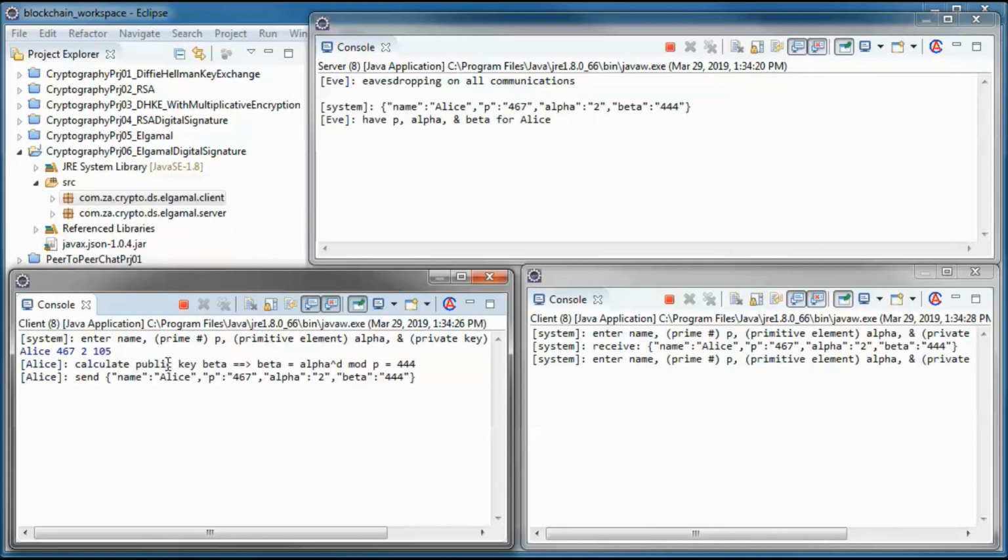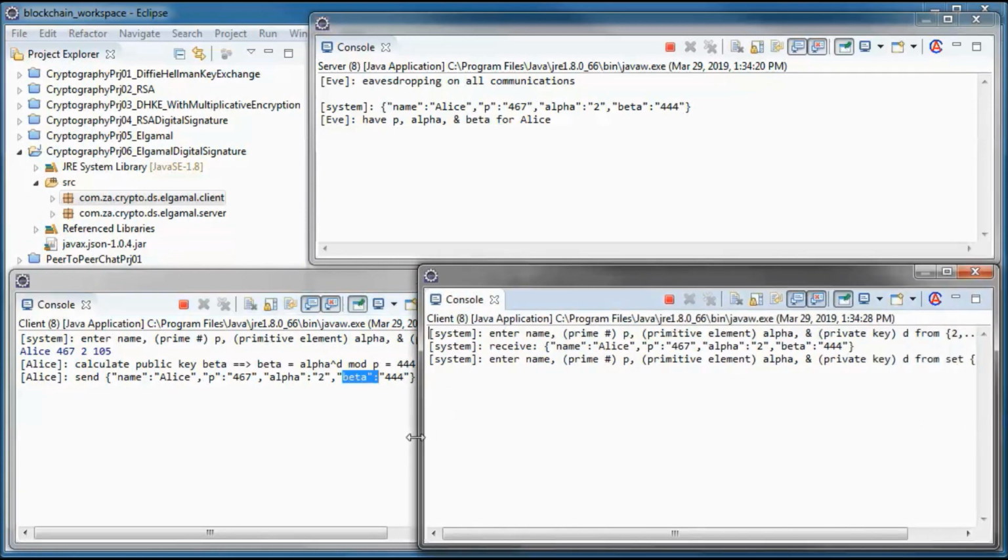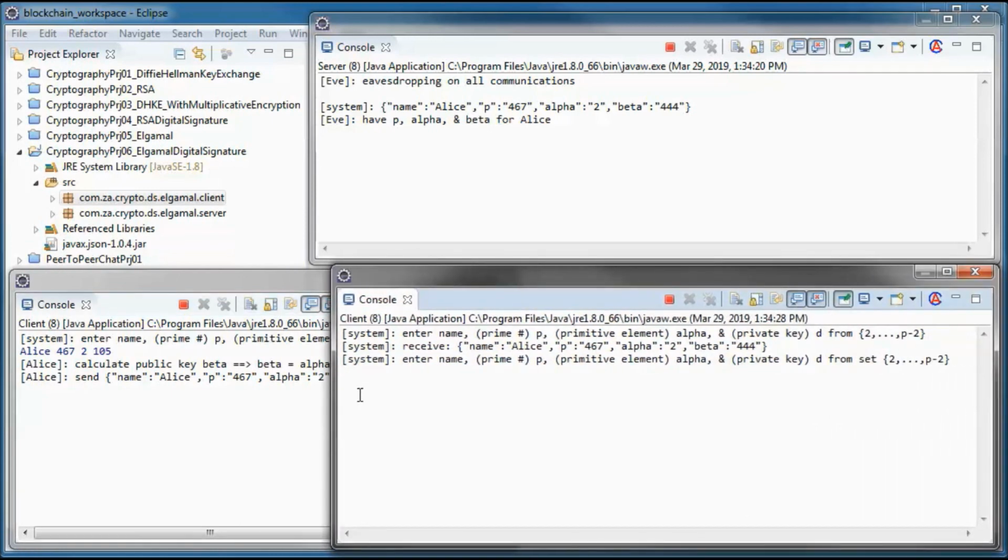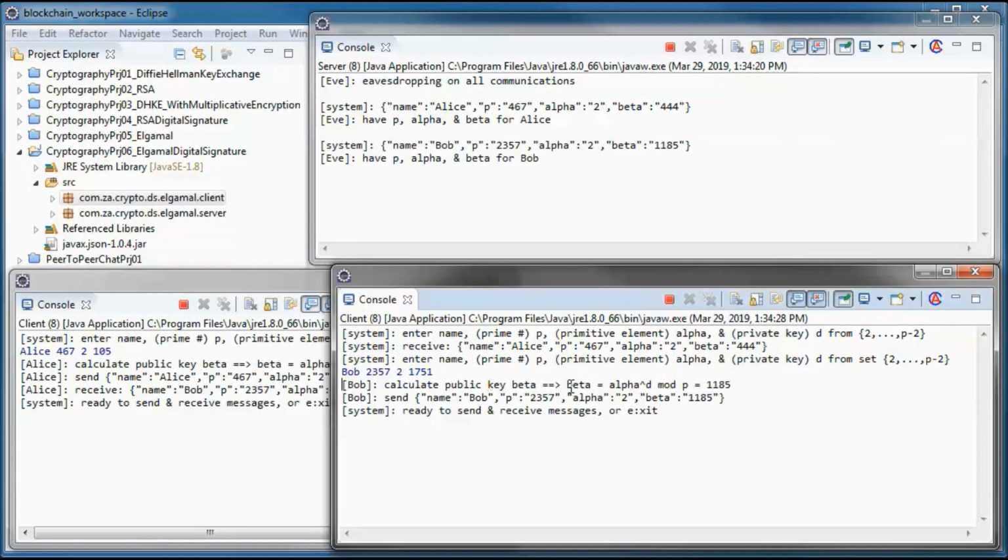And she calculates the public key beta and sends p, alpha, and beta to Bob, and he receives those, and he in turn will use this value for his p, and this one for his primitive element alpha, and this for his private key d. And he calculates his beta and sends his p, alpha, and beta to Alice.